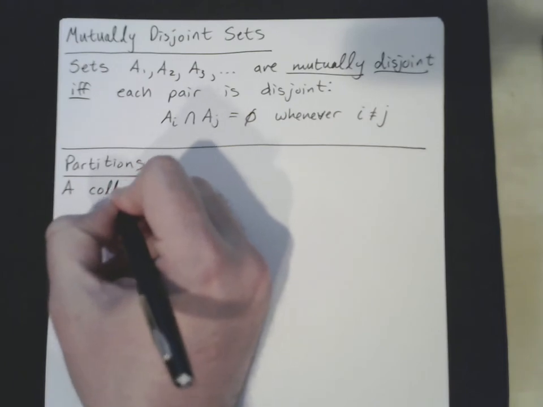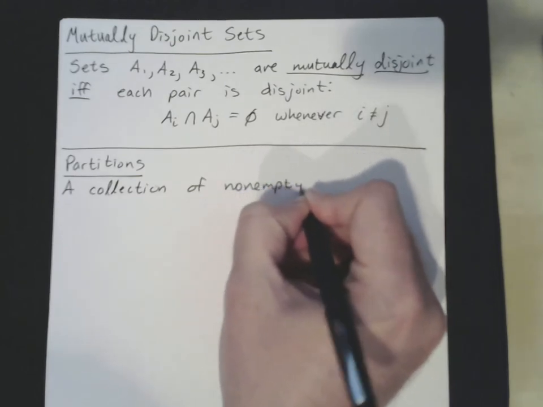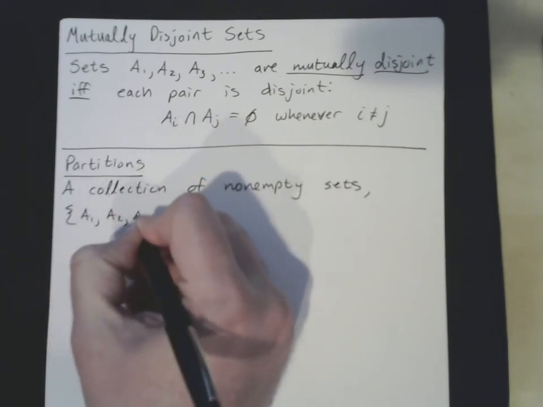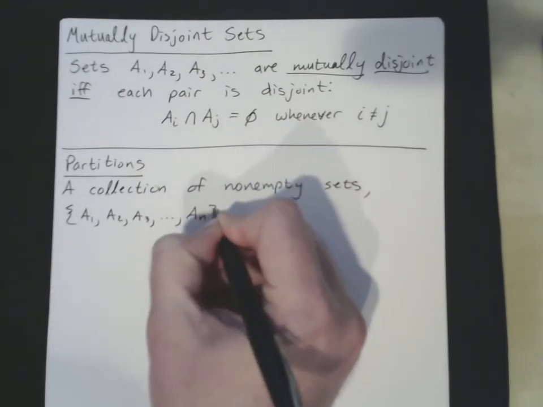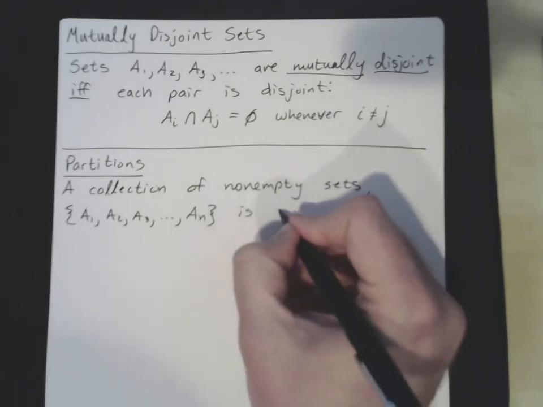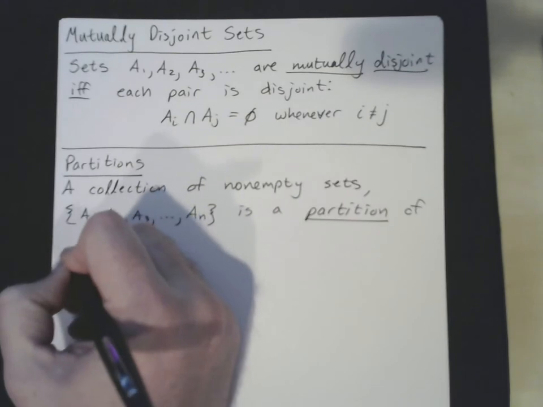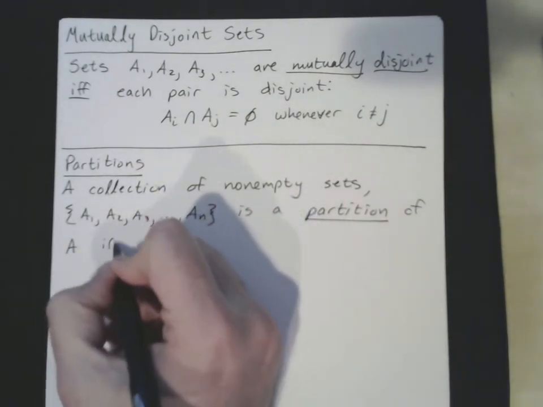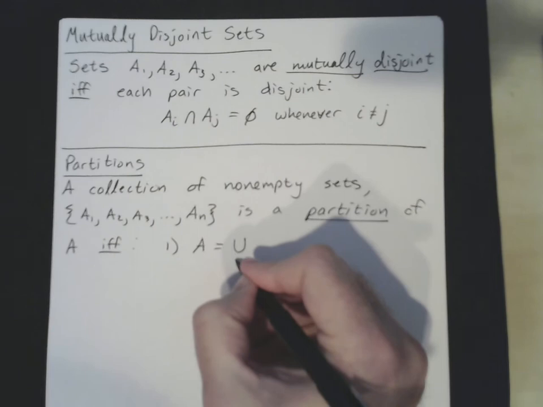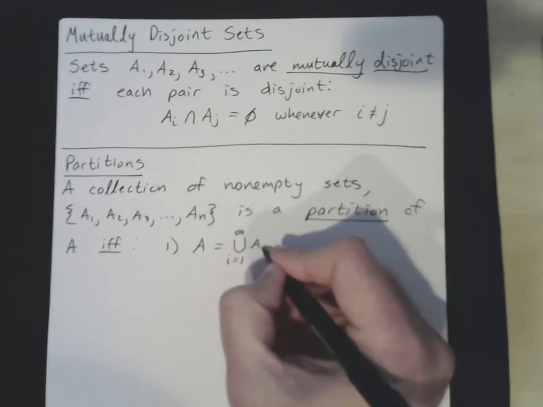So a collection of non-empty sets, A1, A2, A3, ... all the way to An, is a partition of A if and only if, number one, A equals the infinite union from i equals 1 to infinity of A sub i,